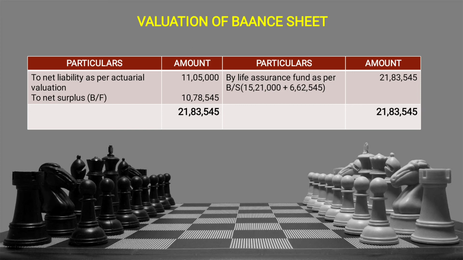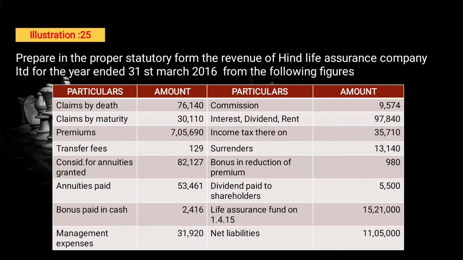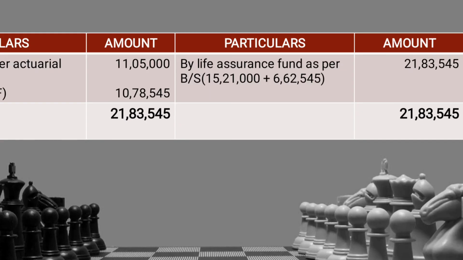In this slide we are seeing the valuation balance sheet. So specially we have to learn the valuation also. How? Actually this life assurance fund opening amount will be given in the question itself. Likewise this net liability also will be given in the question itself. So these 2 things you have to take from the question. That is, see in this slide, in this question, the last two items you can find: life assurance fund and net liabilities. These two things have to be brought to the valuation balance sheet, which I showed you earlier. See, the two things have been brought here.